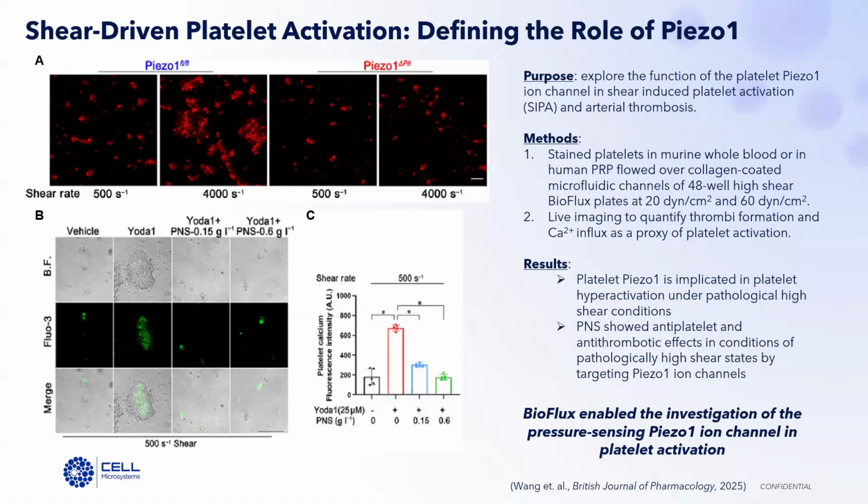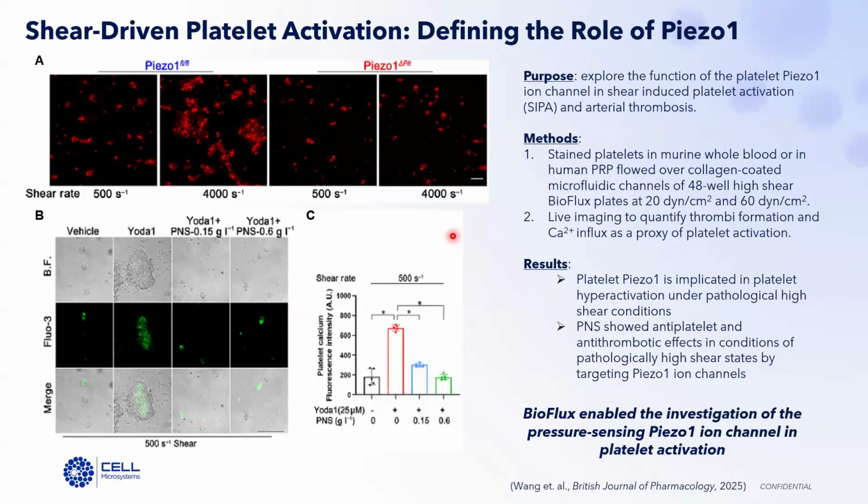To explore this, stained platelets from a piezo-1 knockout mouse model were flowed over collagen-coated microfluidic channels in 48 well BioFlux plates at 20 and 60 dynes per centimeter squared, which mimic arterial shear rates. As we can see in panel A, platelet aggregation dropped significantly in the knockout model as compared to the wild type. To then confirm this mechanism in human platelets, human platelet-rich plasma was flowed over collagen-coated microfluidic channels at the